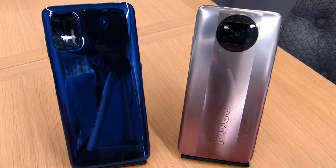Okay, so in a nutshell, that is my comparison between the Poco X3 Pro and the Motorola G9 Plus. These two phones are two of my favourite that I've had the pleasure of using and reviewing. They're both available currently on Amazon for £199 for their base configurations, so you're not going to be disappointed with either. Out of the two, I would personally, if it was me, I would probably pick the X3 Pro,